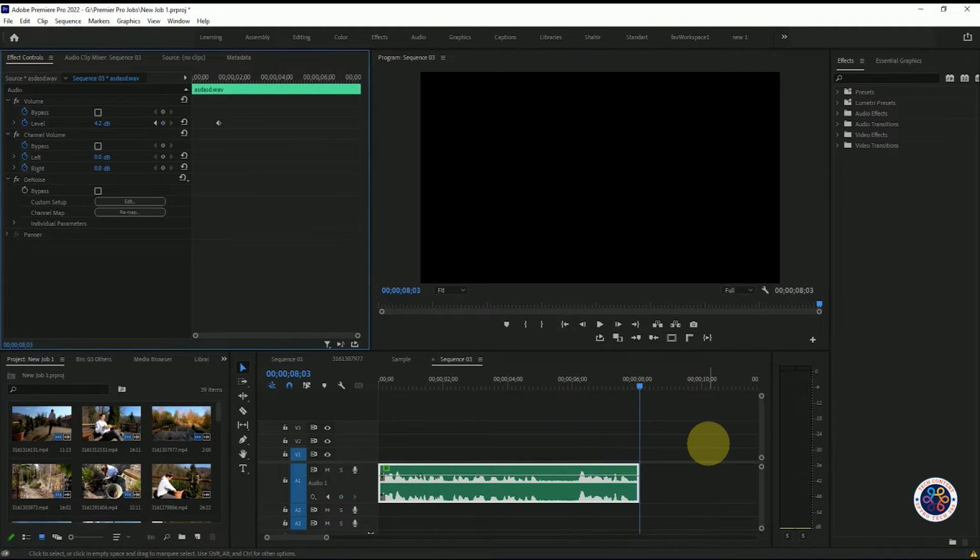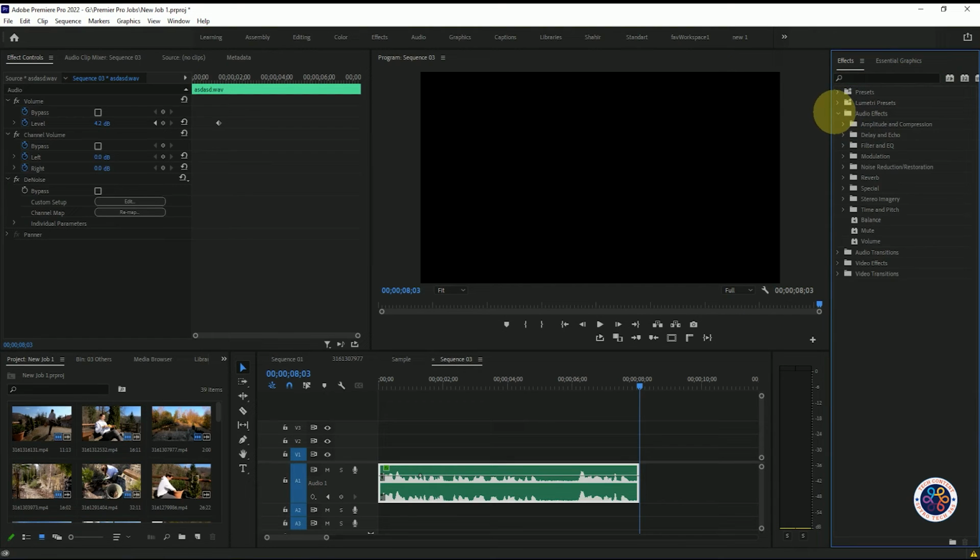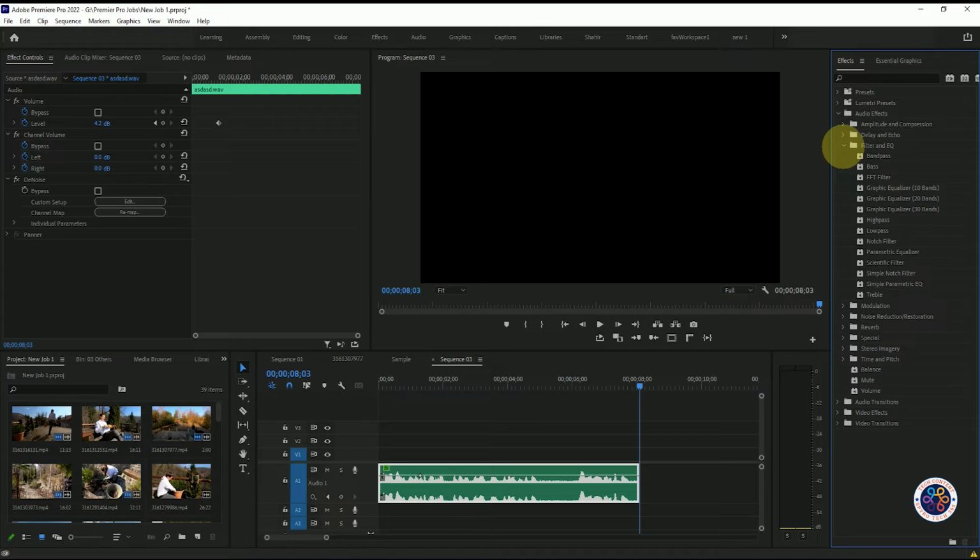After that, we'll apply an effect called parametric equalizer. If you write it on the search bar, it will come up, or you can find it from audio effect to filter and EQ. Here you can see parametric equalizer. We apply it on here,